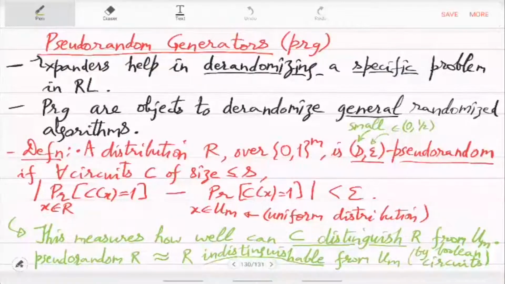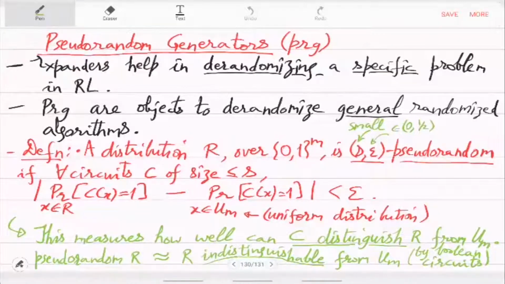Last time we finished construction of explicit expanders, and we started this new topic called pseudo random generators. We'll shorten it to PRG, and this will be the most important object in this course on randomized methods, because you can think of this as the way to generate random numbers efficiently. Okay, so in practice, if you want to simulate a coin toss, you want it to be efficient. So you can think of PRGs in that context.